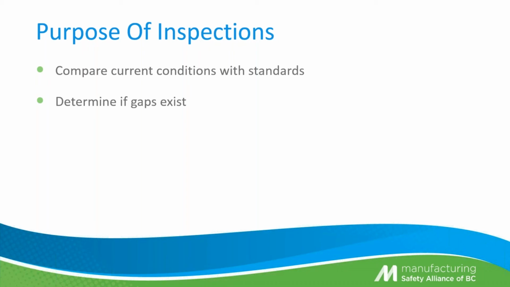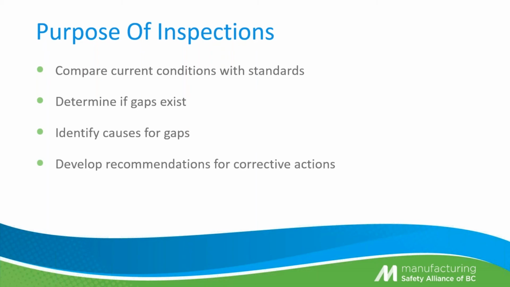So the purpose of inspections also determines if a gap exists. As mentioned earlier, when we're walking around, maybe there's an assumption that everybody knows what they're meant to be doing. Maybe there's an assumption that a product is being done or delivered and wasn't delivered. It helps identify causes for gaps, which we talked about. It helps develop recommendations for corrective actions. When we use a form, which we'll get to in a minute,